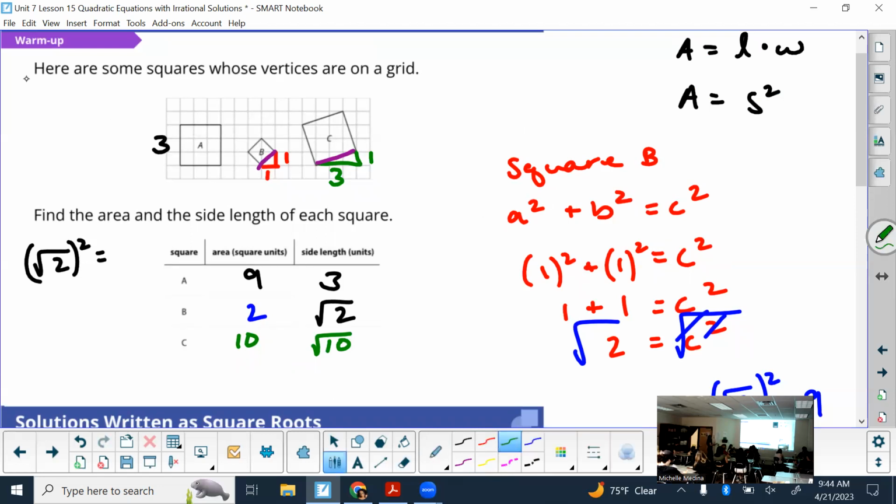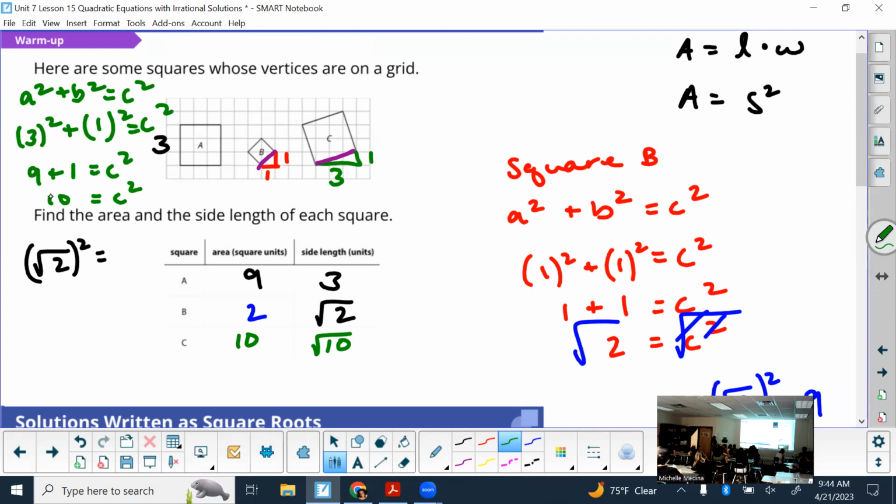So then plugging it into the Pythagorean theorem, I'll put 3 as my A, 1 as my B, C is my hypotenuse, so it has to say C. So what's 3 squared? What's 1 squared? Add those together, we get, and then the opposite of squaring something is a square root. And you could see if you could simplify that radical, but if you follow those steps from the lesson